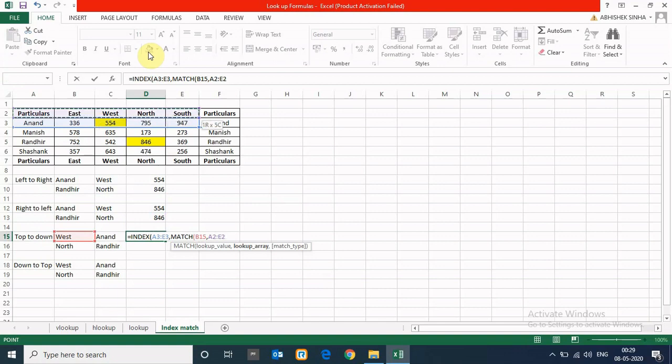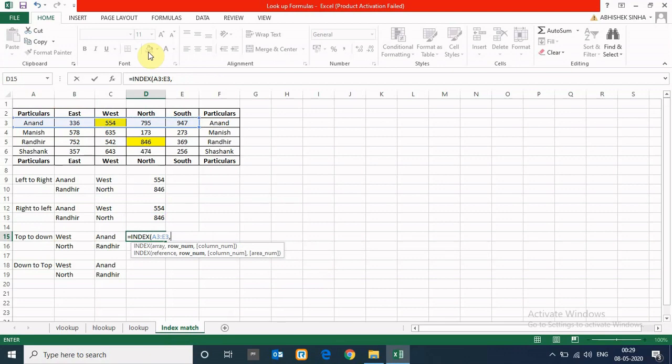But here you have to be careful. Here it is asking row number. We have selected Anand, then row number. Row number for top to down we have to check.